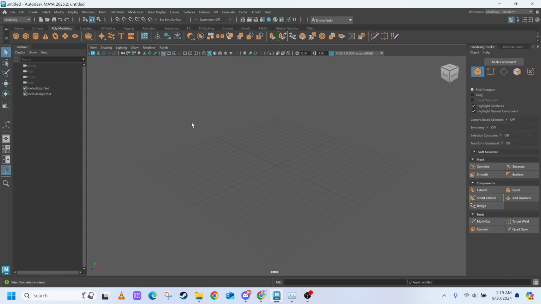Okay, let's jump right into my lab 3. We're going to expand a little bit further on the extrude tool for this lab. We're also going to take a look at edge loop modeling. We're going to explore some more of the tools in the modeling toolkit, including the multi-cut tool and the target